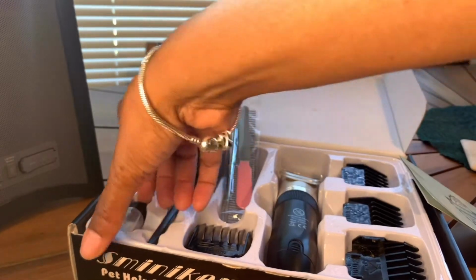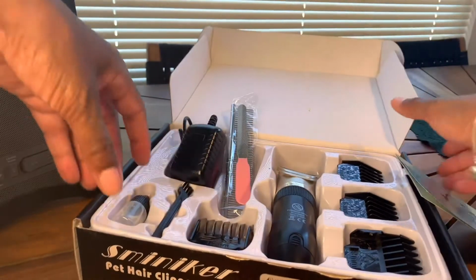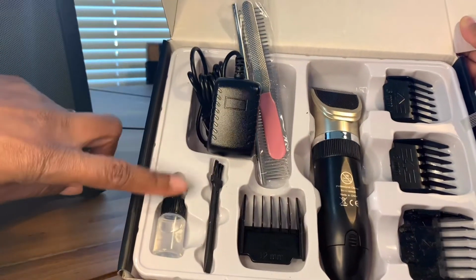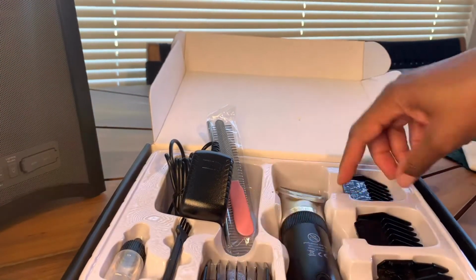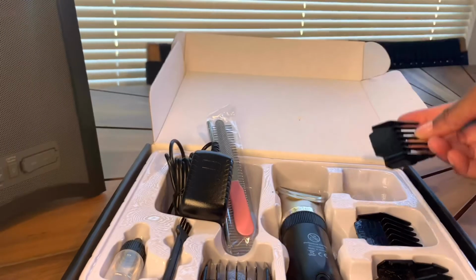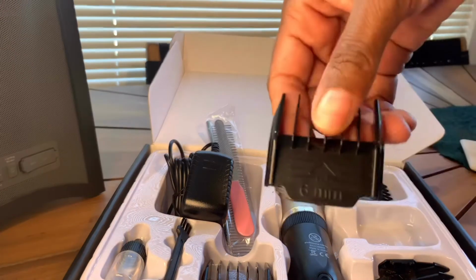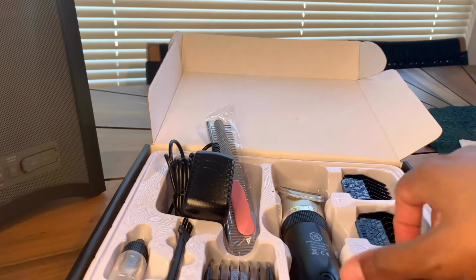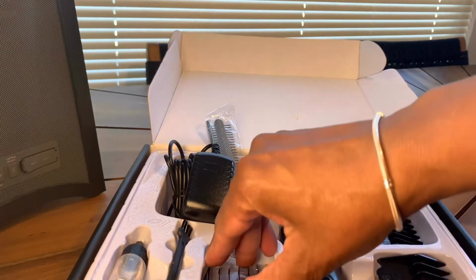Also, you have a solution for cleaning. I'm having trouble getting it out of the box, but here it is. It's not that much, but you only need a few drops. Of course, it comes with 4 clippers. You have a 3, you have a 6, you also have a 9, and last but not least, you have a 12,